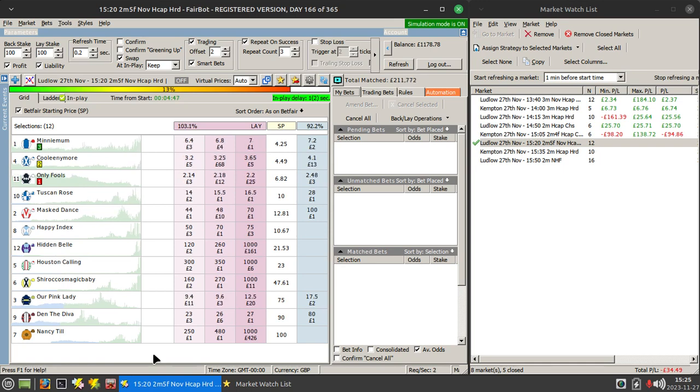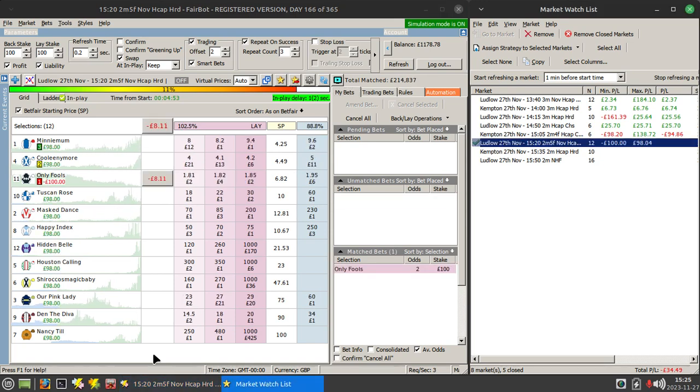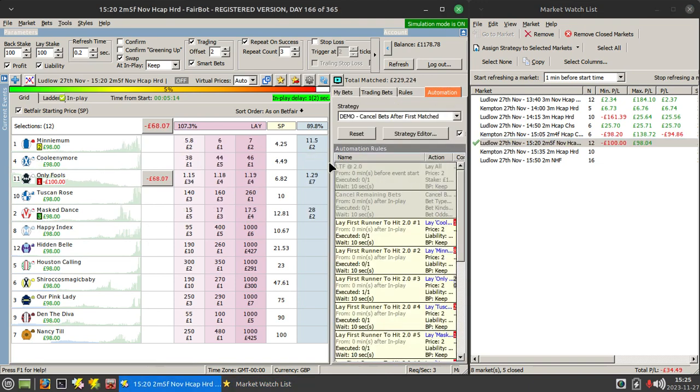Okay, we've got a couple of runners here approaching 2 now. Looks like it's only fools. There's that going in on only fools. That's it being taken. Now, of course, I've just placed a straight lay. You might want to do a lay to back or whatever you may want to do, but for demonstration purposes, that's it. And because if I switch to the automation tab again,